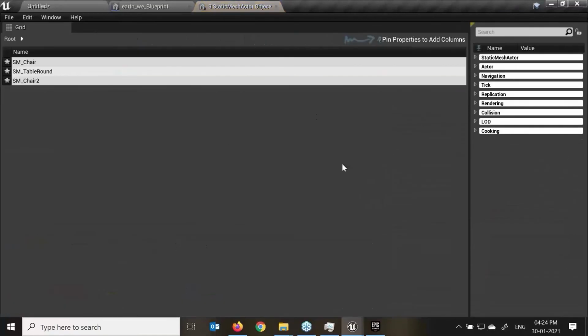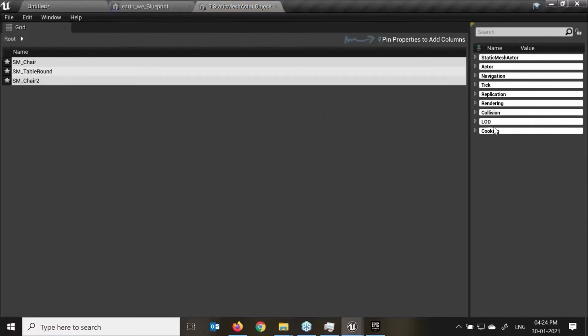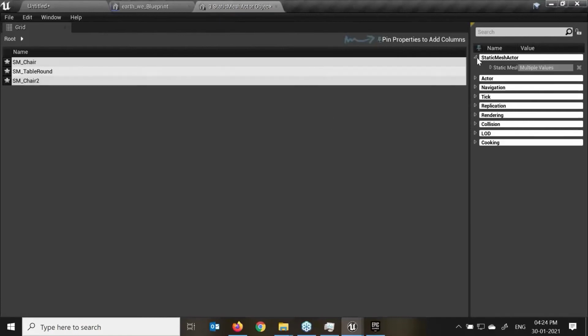If I click over here, whatever objects I've selected, I can see in my list. Now there are some common attributes of my selected objects. For example, this is not a group, but indirectly with the help of this property matrix, I can change the value in one go, and it will affect all my selected objects.